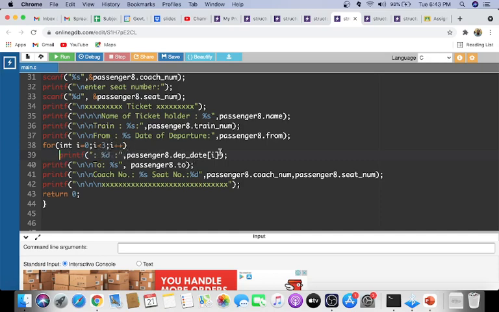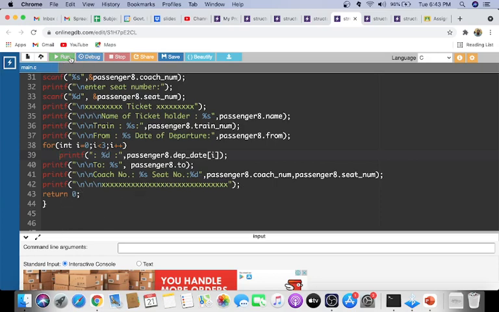At 0, the first departure date is printed, so you have the day, then at 1 you have the month, and at 2 you have the year. After that the loop will be exited. Then the to date will be printed. Then the coach number and seat number that we have entered will be printed, and we will be printing like this.